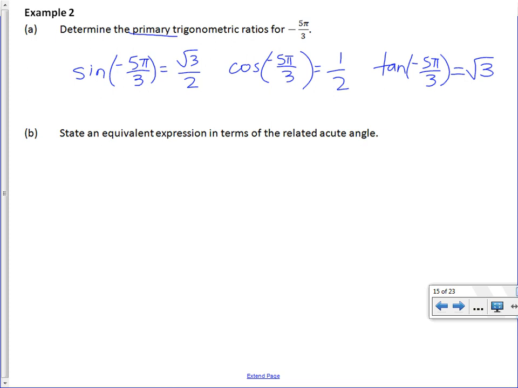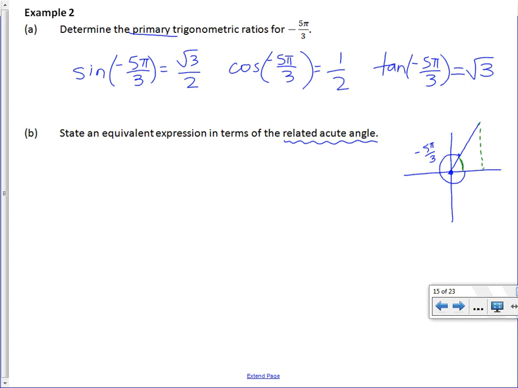Okay. So, the next thing says, state an equivalent expression in terms of the related acute angle. So, I want you to understand, the angle you've just been talking about is this one. This reflex angle going clockwise. This is the angle negative 5 pi over 3. If you take the terminal arm, drop your perpendicular, you guys get that the piece left that makes an angle with the x-axis, this angle right here,